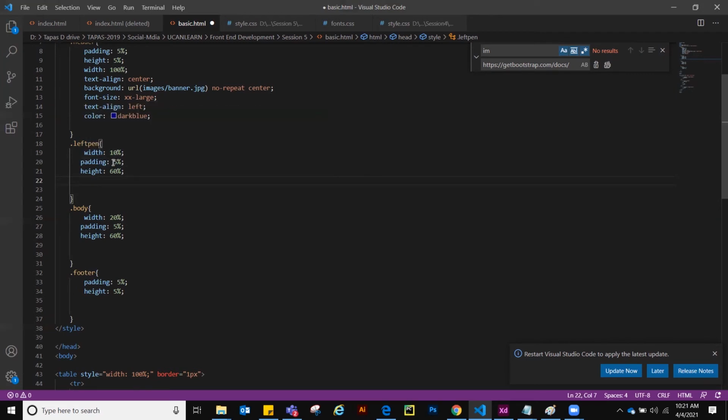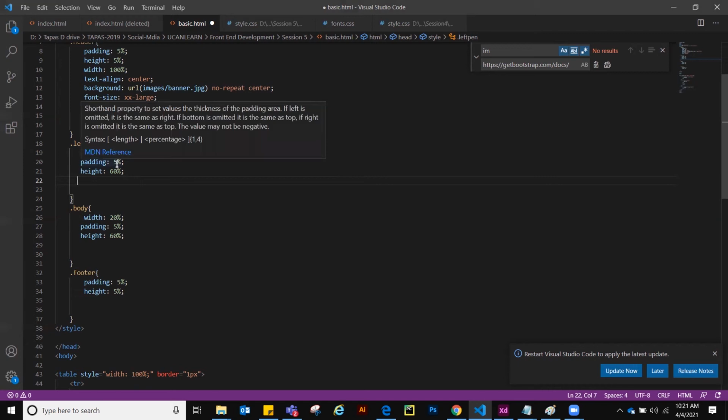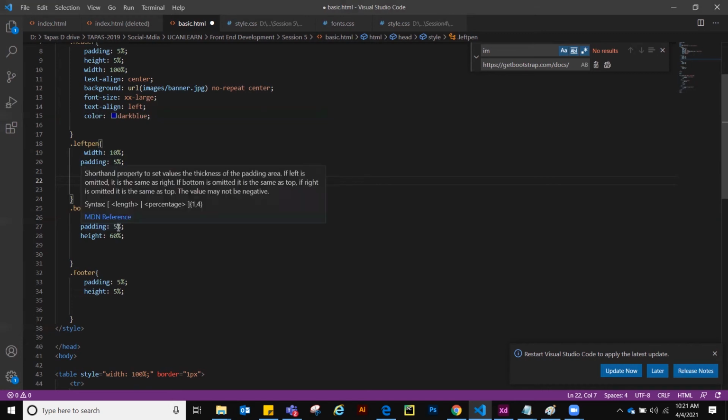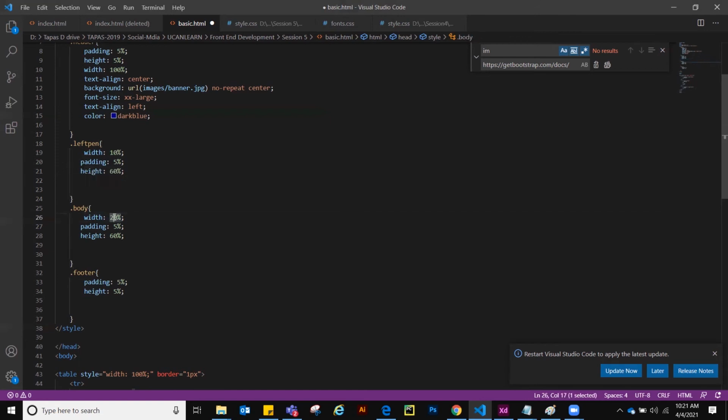So padding 5% means 5% left and 5% right, which is 10, plus 10, so 20. Again, padding 5% means 10, and over here I can put 70.